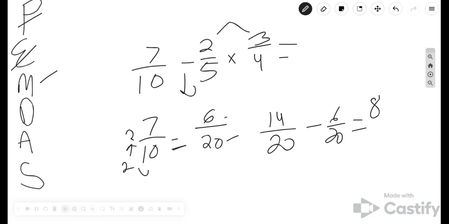See, sometimes we even need to check ourselves. 8 over 20. Don't forget to simplify this. The best way to simplify this would be by 4, because you can take 4 in here and 4 in here. 8 divided by 4 is 2. 20 divided by 4 is 5. You get 2 over 5. And that is how you solve